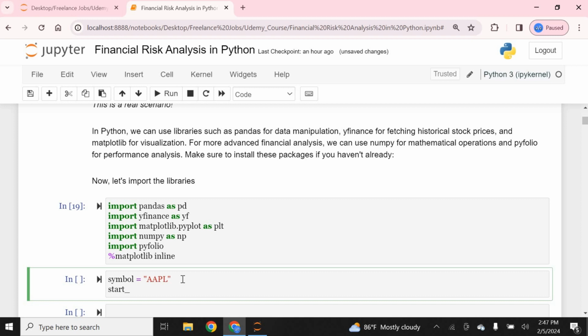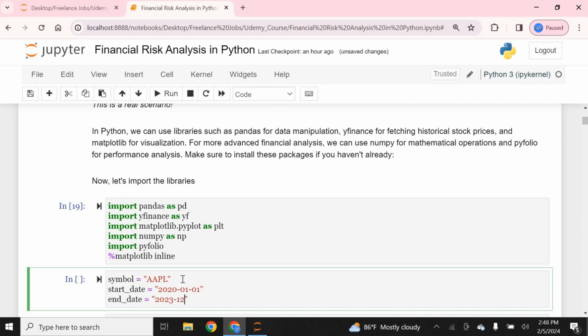The start date is equal to, let's say, since it's 3 years of data, that will be from 2020 January 01. Then the end date will be, yeah, let's say up to 2023,